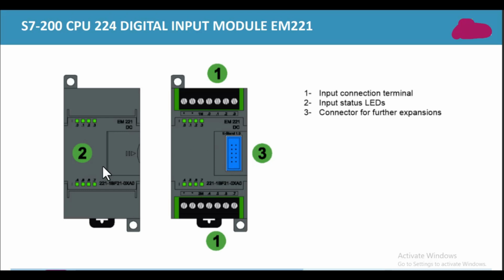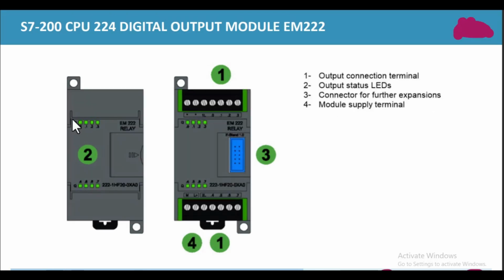These are the input and output extension modules. These are, I think, digital input extension modules, this one and this one. This is the side to expand its inputs. This is the side to connect more modules in the series, and this is again the input connection terminal. Inputs are connected here. These are the sides for the input connection. You may connect 0.0, 0.1, up to 0.7, which means that 8 inputs can be attached with this module,